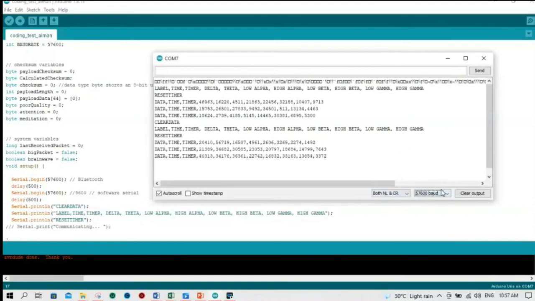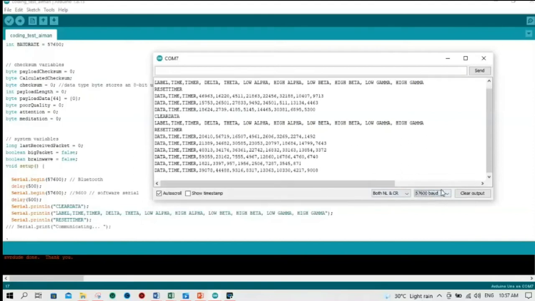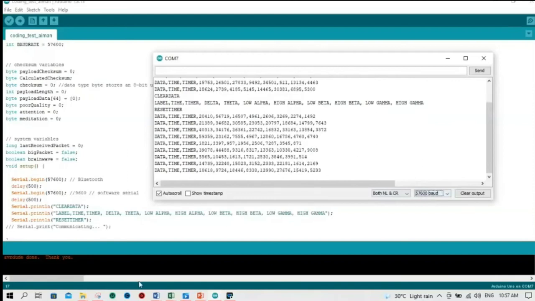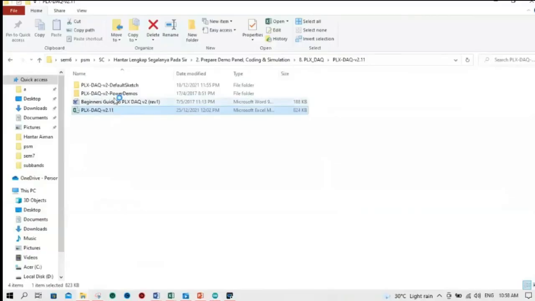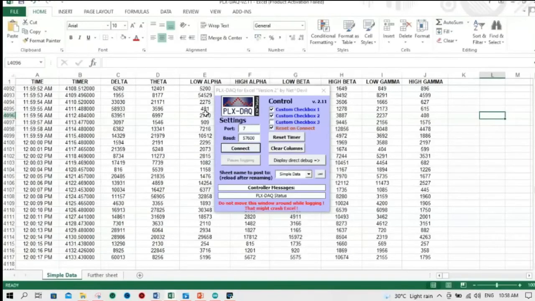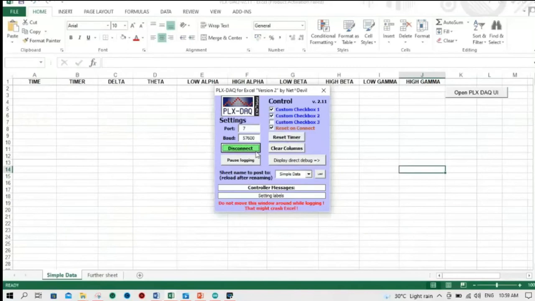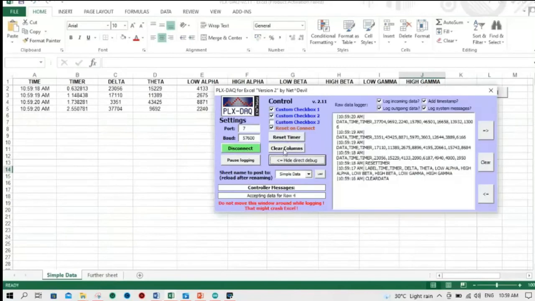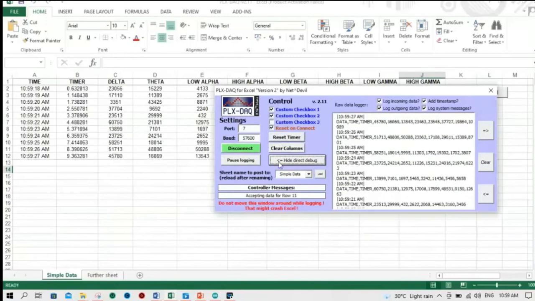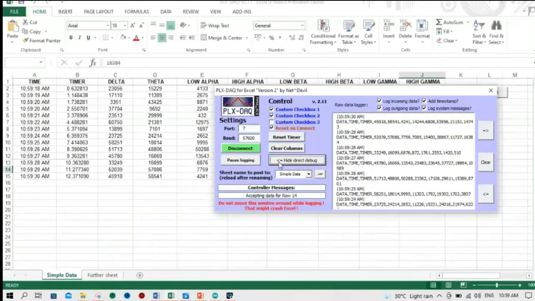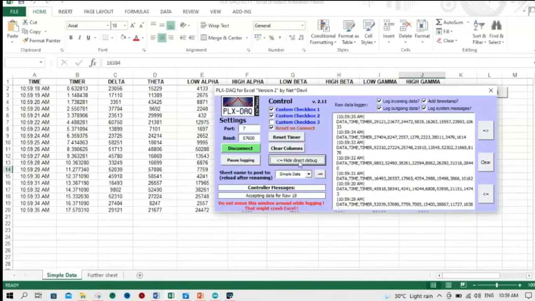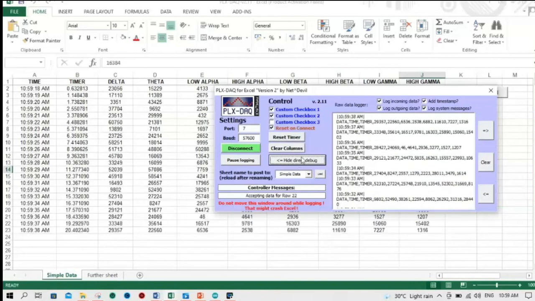As we can see here, from the serial monitor we can see that the result is obtained from the MindLink. The serial monitor shows the subband waves retrieved from the sensor. Next, PLX-DAQ version 2.11 is opened and the PLX-DAQ interface pops up. After that, press the connect button and make sure it is on the correct port and baud rate. The data is received in X subbands, each subband being delta, theta, low alpha, high alpha, low beta, high beta, low gamma, and high gamma. This is to show that the data is transferred into PLX-DAQ.